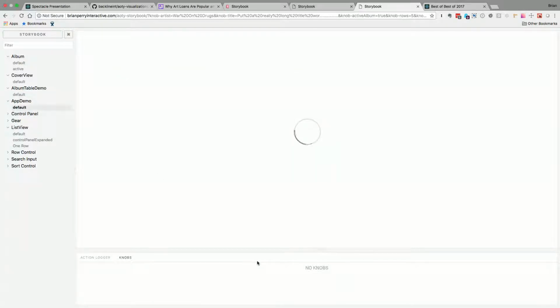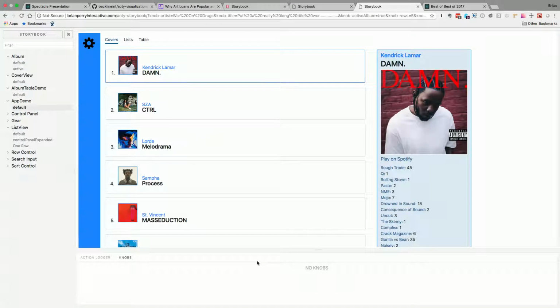App. And in this case, it is actually rendering, it's actually going out and getting the data from our API and rendering the real component. Given the internet, it might take a little while. So I don't know that that's really what you would want to do here, but it was interesting to see